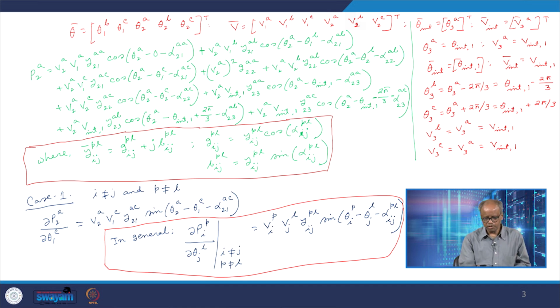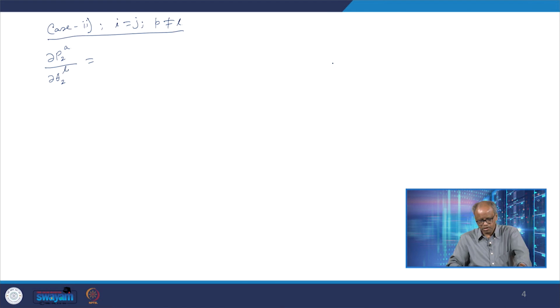So theta 2B has got only one term, theta 2B. No other term has got theta 2. So therefore this partial derivative would be V2A, V2B, Y22AB. Then cosine has got derivative minus sine, and from theta 2 I will have another minus, so minus times plus. So it will be V2A, V2B,